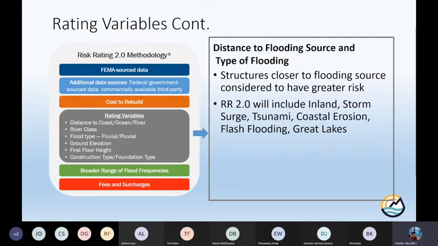They're also going to consider things like drainage area. So how many acres drain to the river that flows right by your house? If you have a very small drainage basin, you're in a holler in eastern Kentucky, you're going to need a pretty good rain directly over that basin for you to get flooded. Versus if you're somebody up in Newport, you might get flooded from rain happening up in Pittsburgh or something like that. They're also going to consider things like urban versus rural risk. Urban areas typically have more impervious surface. Stormwater issues might crop up that you may not have as much, if at all, in the rural areas.